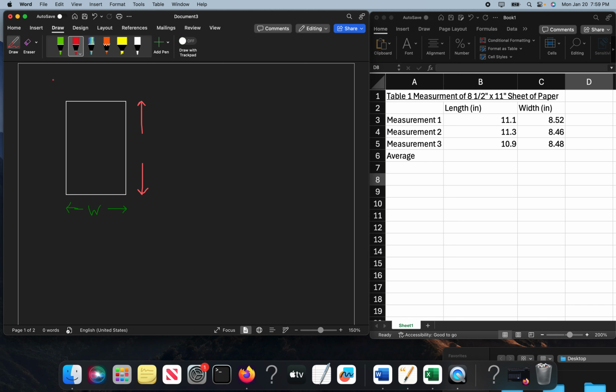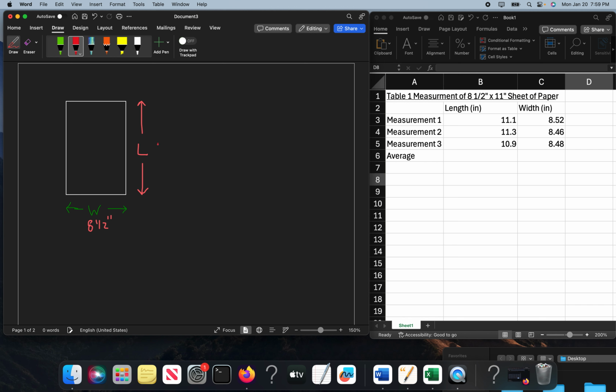We're going to calculate the average. Suppose we're looking at a sheet of paper and we're looking at the width of the sheet of paper and the length of the sheet of paper. We get out a ruler and let's say we measure the length of the paper with the ruler that normally would be an 8.5 width sheet of paper